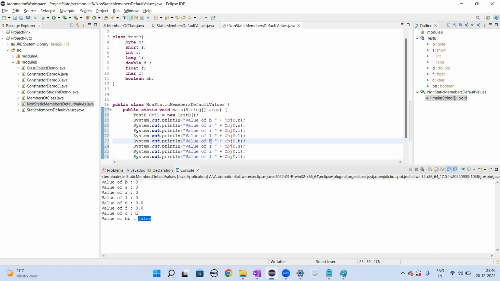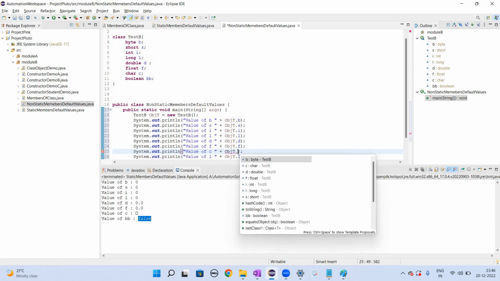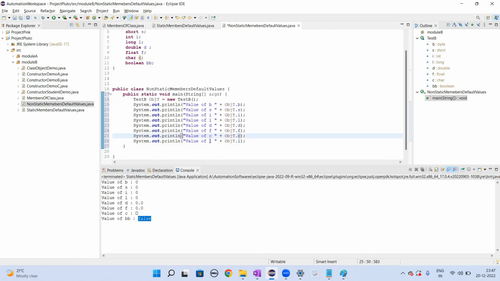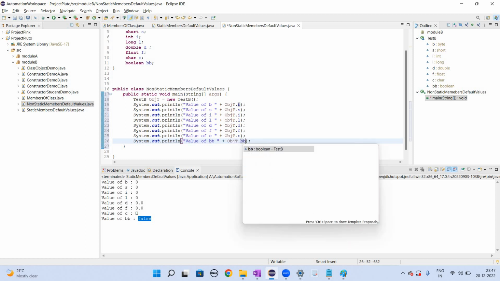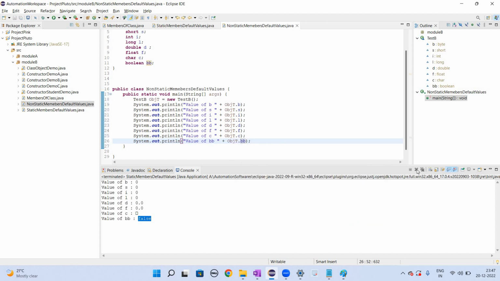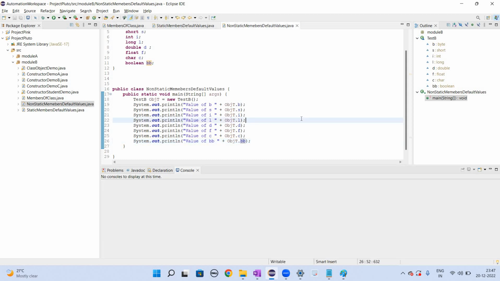Then we have object t: t dot float f, object t dot c, and object bb dot t dot bb. Okay, so let me remove the previous output, control save,